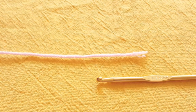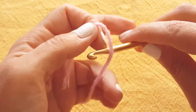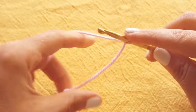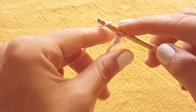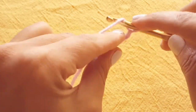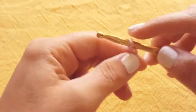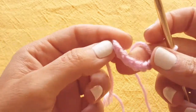Let's jump into doing a granny square. In order to begin, you want to start with a slip knot. This is going to be the traditional start to a granny square. So we will chain 7. 5, 6, 7. We want to make sure that this lies nice and flat, and then we want to bring